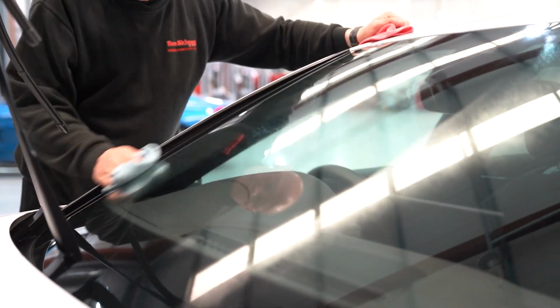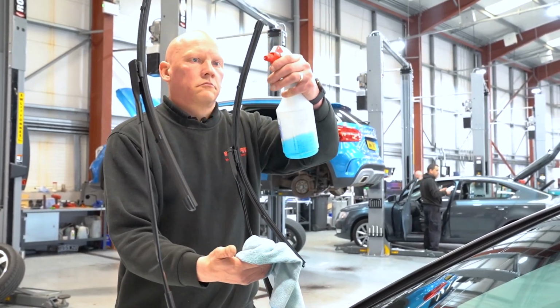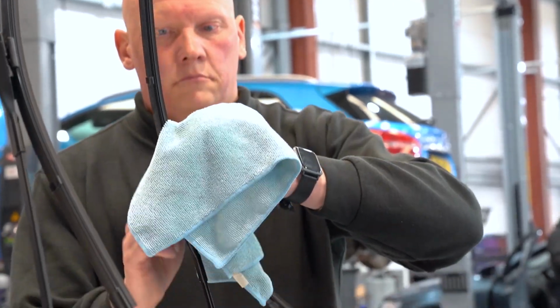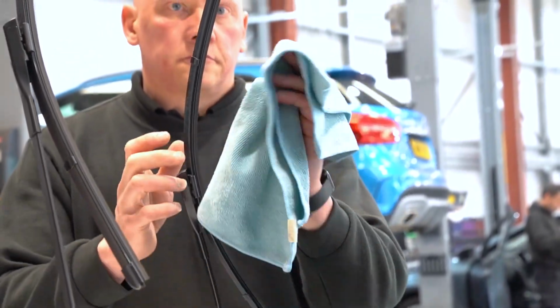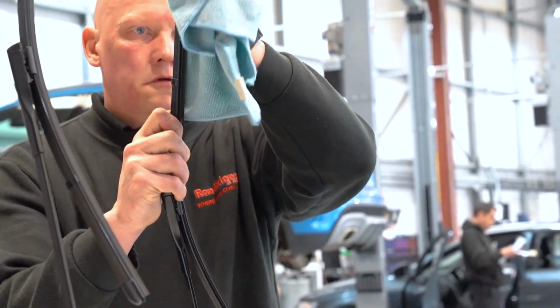Step 5, repeat steps 2 to 4 on the other half of your windscreen using the clean inside of the first cloth. Step 6, with the windscreen wipers still pointing outwards, spray the glass cleaner onto the blades. Take the cloth, pinch both sides of the blade and wipe downwards. This technique will help you ensure any dirt and grime that has accumulated in the grooves of your rubber is